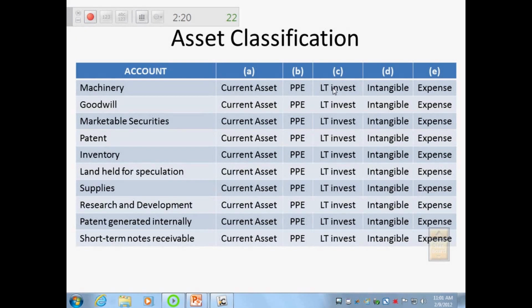Okay, so you can only recognize goodwill when it's associated with the purchase of an entire firm. Creating it internally, you can't record that. So if I were to go and spend money towards making the firm somehow better, that wouldn't get recorded. Goodwill is only recorded when it's purchased. Okay? How about